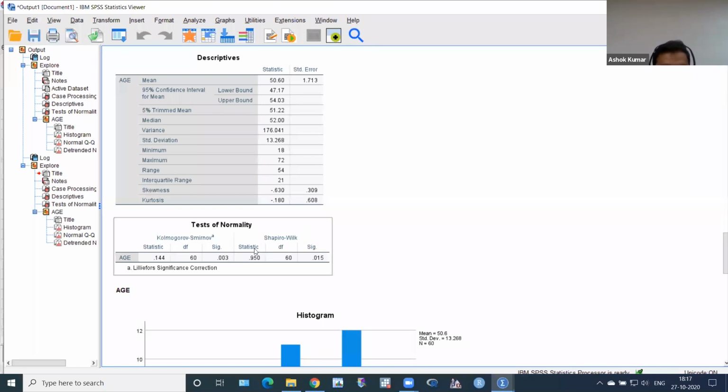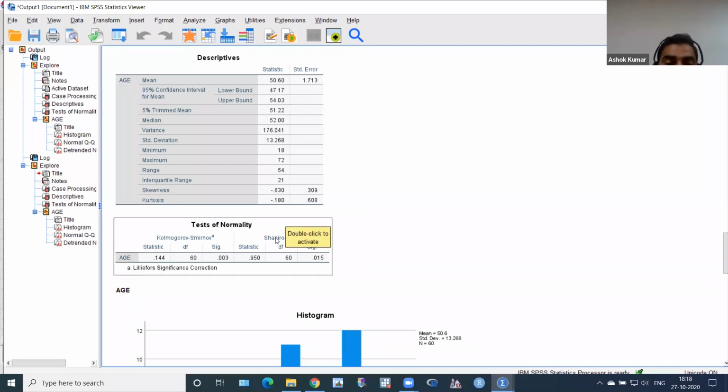And again, this is another test. This is the Shapiro-Wilk test. This is the value of Shapiro-Wilk, degrees of freedom, and this is the significance p-value. This is also coming less than 0.05. By using this Shapiro-Wilk test also, I have to reject the null hypothesis. The null hypothesis in a normality test is that the sample is normally distributed. So I have to reject that, and go with the alternate hypothesis, and my alternate hypothesis in a test of normality is that my variable is not normally distributed. So what I see is that age is not normally distributed in my sample.